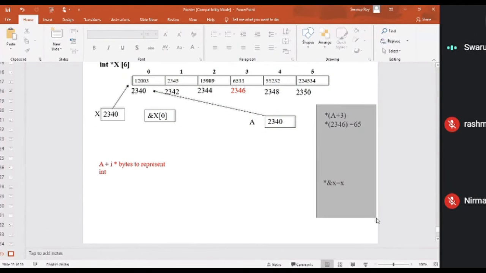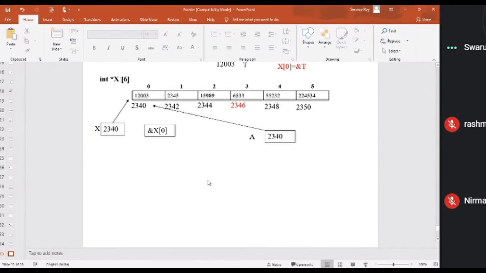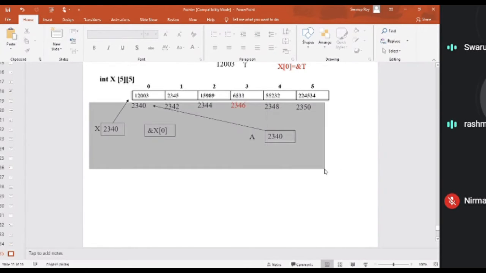Now I need a matrix. Let us assume I want a matrix of size 5 by 5. What do you mean by 5, 5? Row 5, column 5.